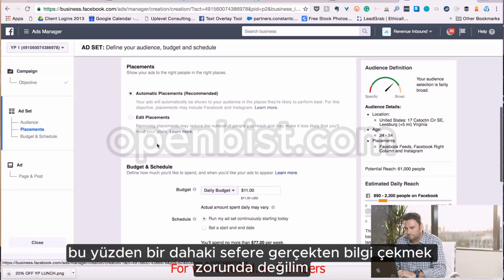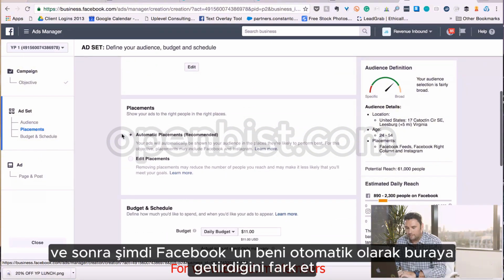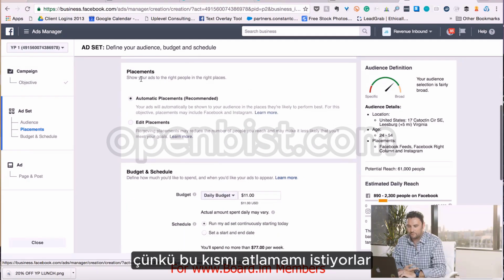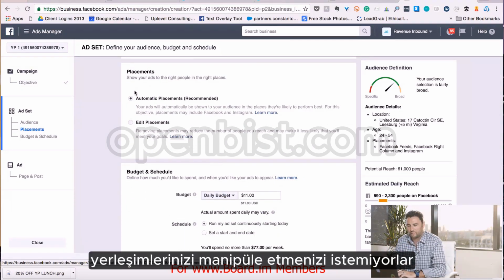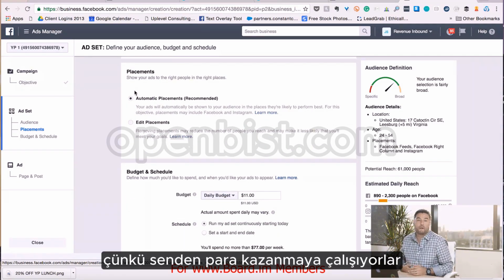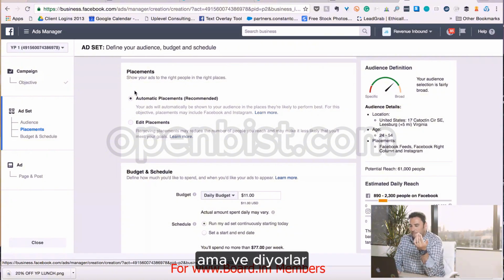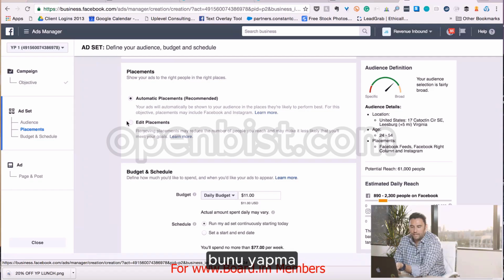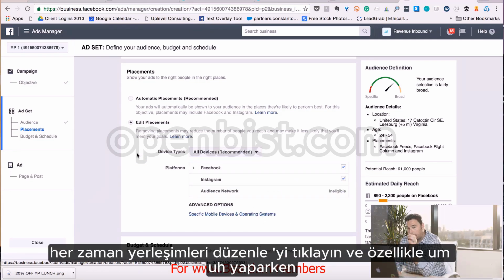And now, notice Facebook automatically brought me down here because they want me to skip this part. They don't want you to manipulate your placements because they're trying to make money from you. And they say, you know, people typically want to choose the recommended placements. Do not do that. Always click edit placements, and particularly when you're doing